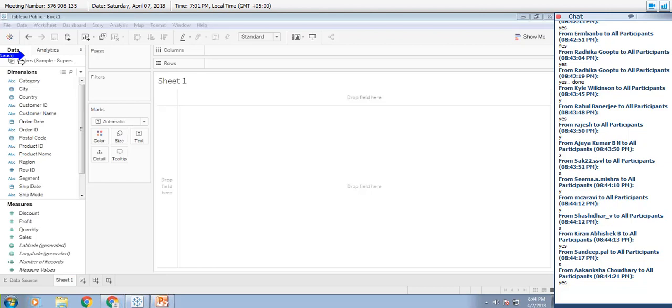Make sure that only the data sources that are in use will be opened. If you are getting an internal error, just close the entire Tableau and restart it once again. That's the only thing. So all the data sources will be listed under it.